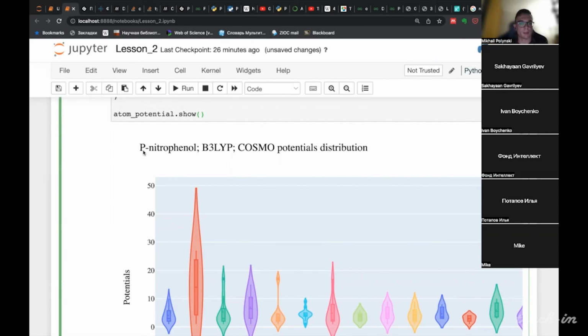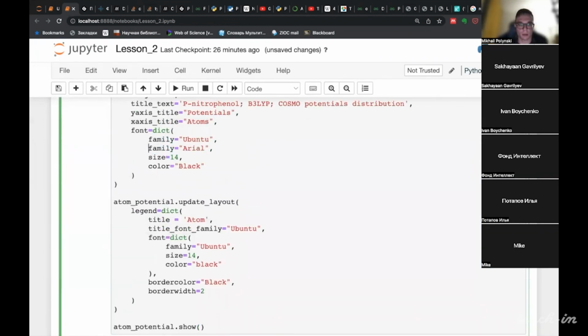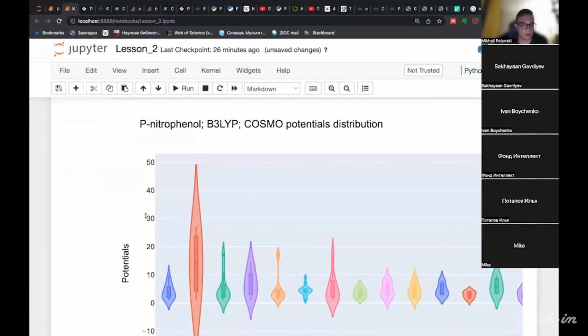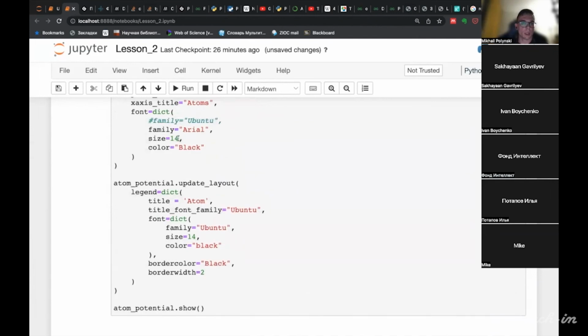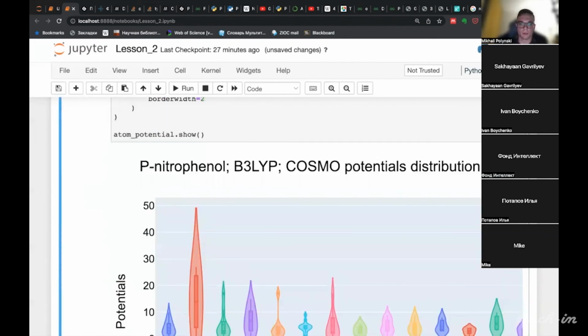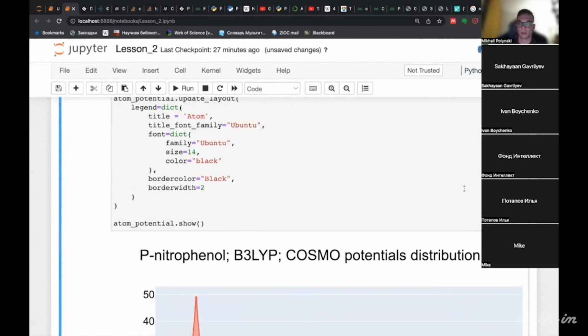Here we have sans. Here we have a serif font, and we can customize the font by assigning a different value, for example, to family. We can enlarge the font, etc.